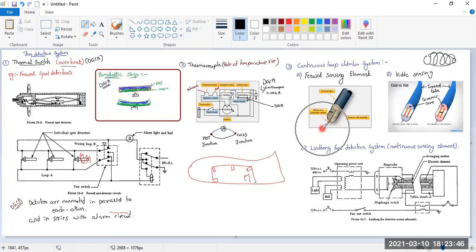On any aircraft, the fire detection system is a very, very important part. Why is this important? Because as we have studied in the previous class, whenever there is a fire and you cannot control it, it can lead to an accident of the aircraft. There are many aircraft we have lost because of fire. A small fire starts, you cannot control it, the fire will spread throughout the entire aircraft, leading to the crashing of the aeroplane. So as soon as the fire is detected, you should be able to switch it off.